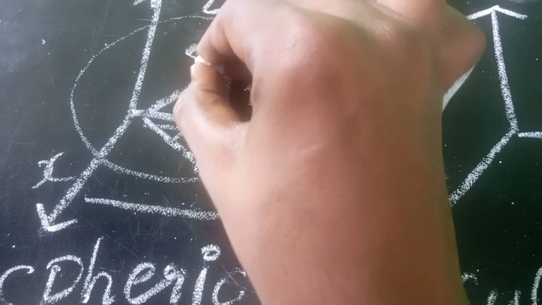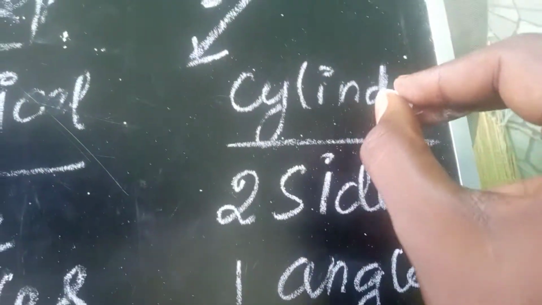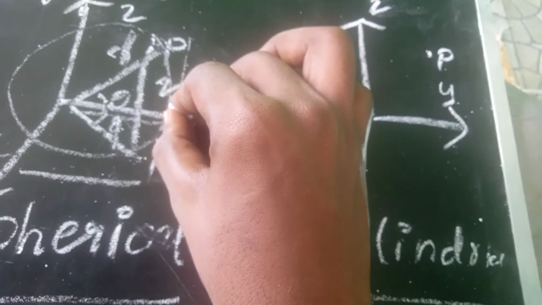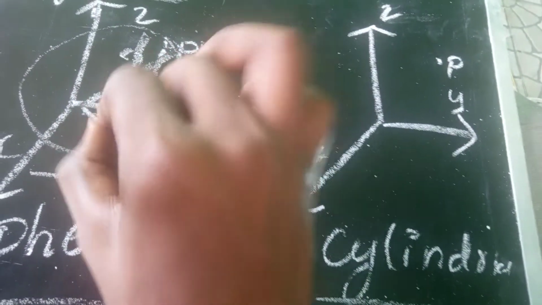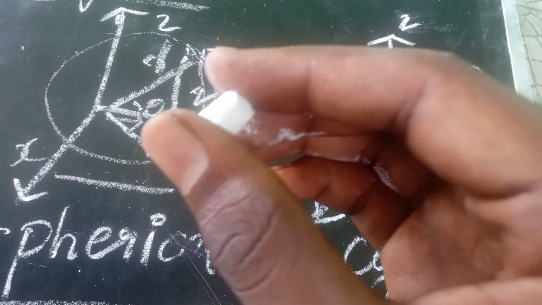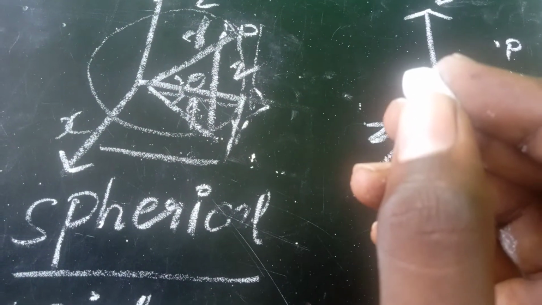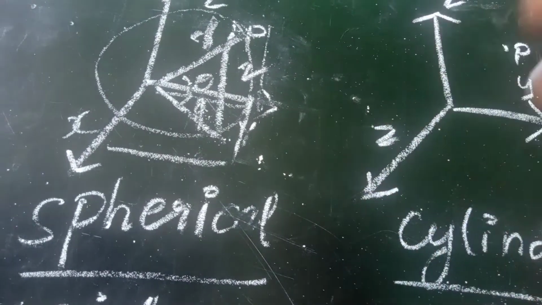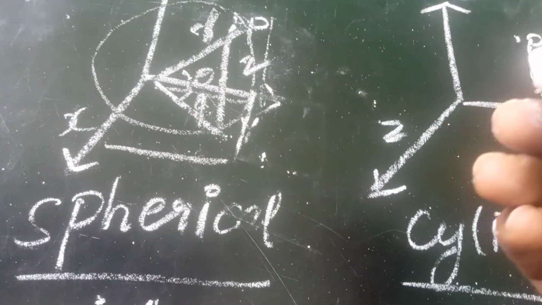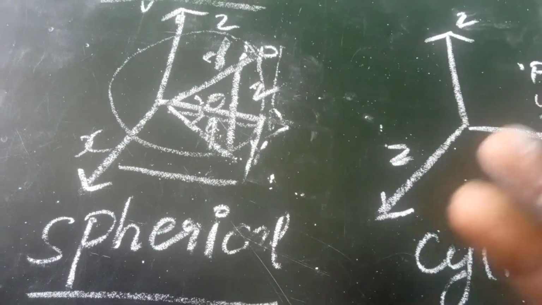So the only difference between spherical and cylindrical coordinate systems is, in the cylindrical coordinate system we involve z, and in the spherical polar coordinate system we involve phi. So these are the differences. According to the application, we have to fix the coordinate system which we want to use. So if you have two angles, and you also know the distance between the origin and the point, let's say that as r, you can use the spherical polar coordinate system, or else, accordingly, you can use any type of coordinate system.